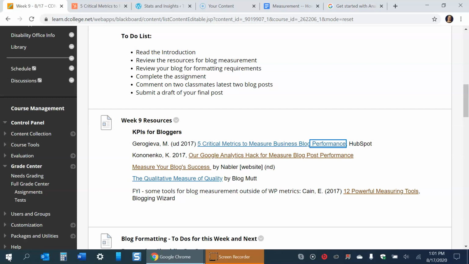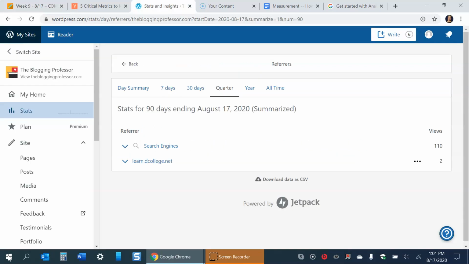A couple of things that I want to just bring to your attention in this last week. You're going to look at some key performance indicators for bloggers. So this is about measuring your blog, and I want to show you on your